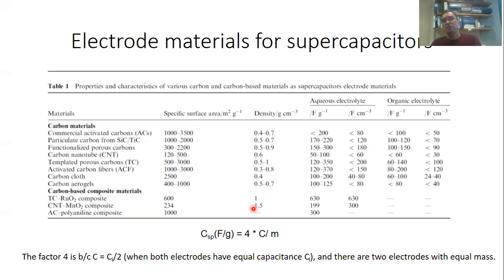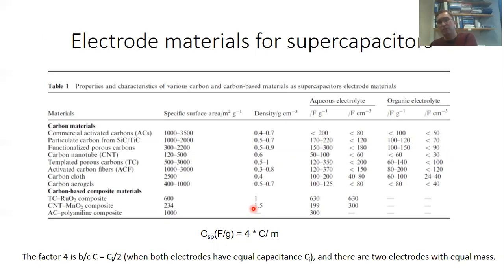However, aqueous electrolytes have the disadvantage that you can only apply a voltage of a little bit more than 1 volt to that supercapacitor. If you apply a higher voltage, then you start to get water electrolysis. Okay, so this is a limitation of aqueous supercapacitors in comparison to organic